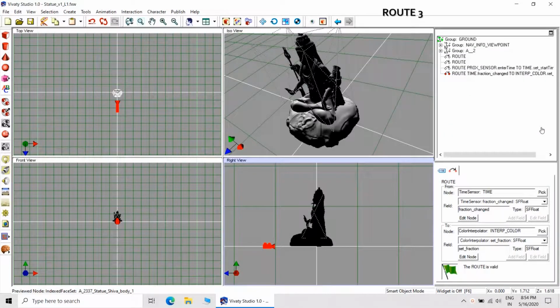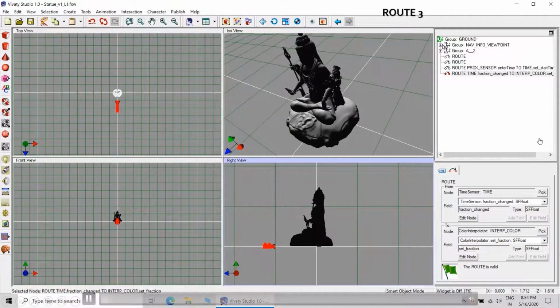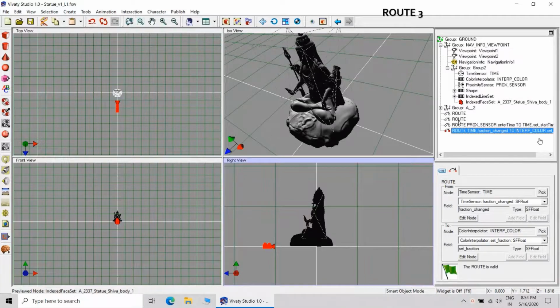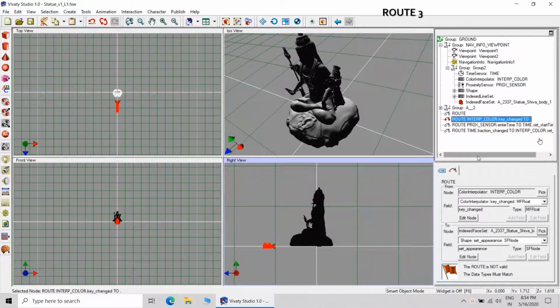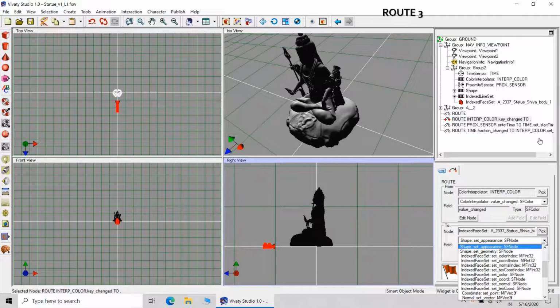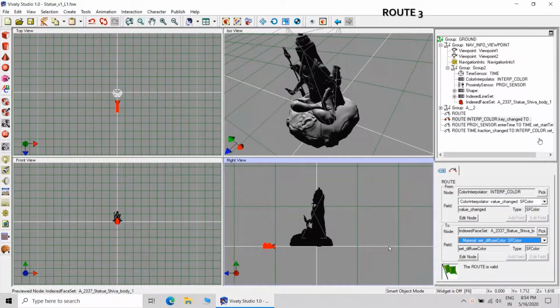Then there will be root number 3. This will be from color interpolator to the index face set. So this is a valid root.